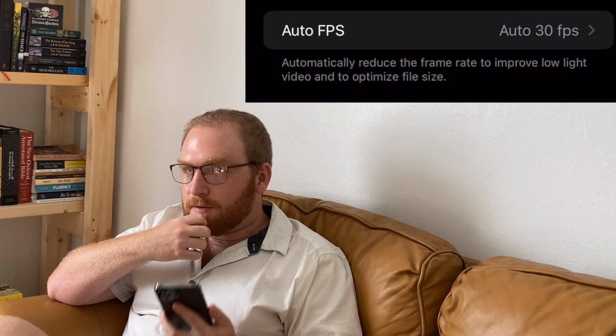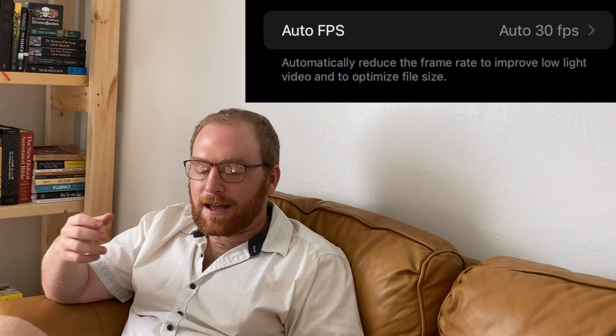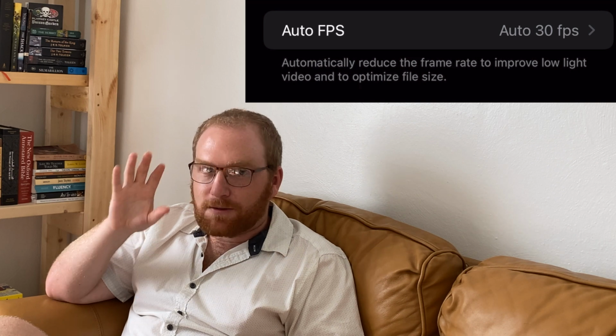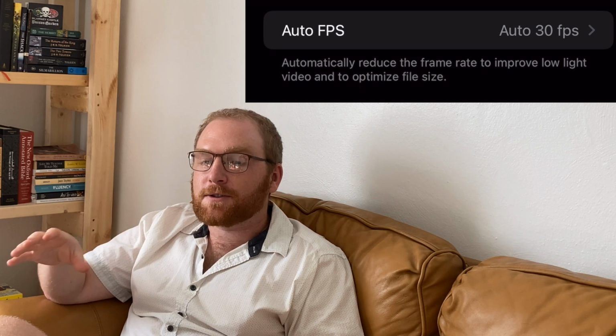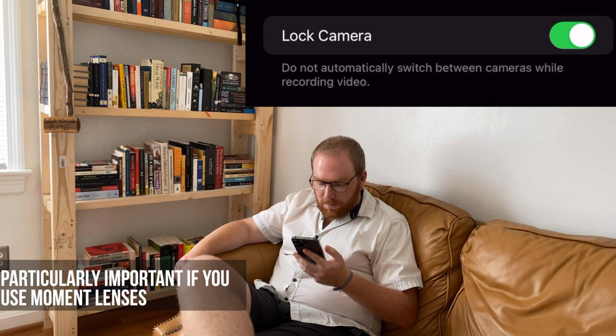Auto-FPS automatically reduces the frame rate to improve low light and optimize. No. So generally the way that exposure works, I just want to shoot in 24 frames per second when it's dark because I have the best chance of seeing the most stuff. Lock camera, do not automatically switch. Yeah,